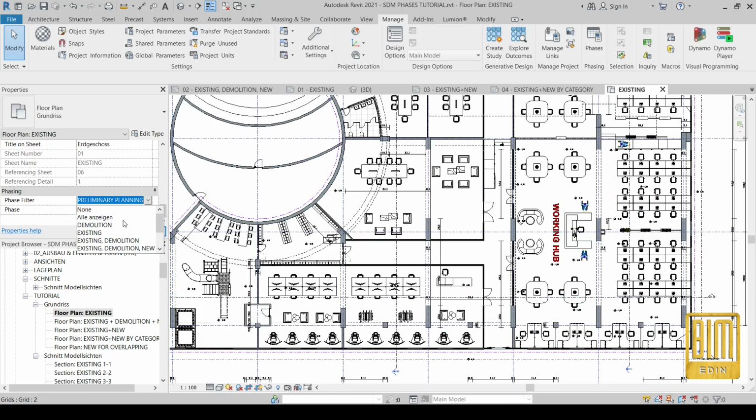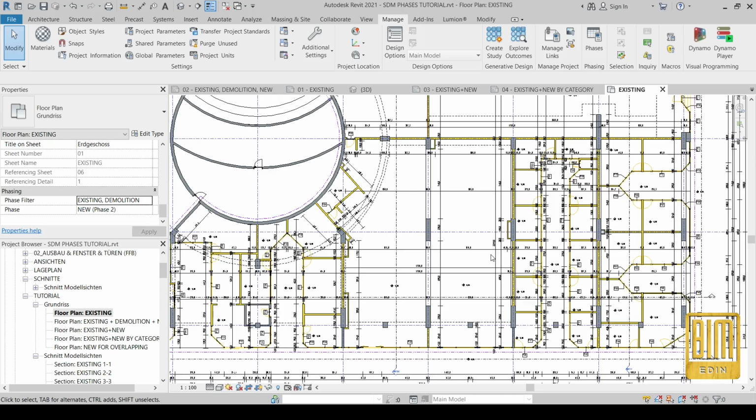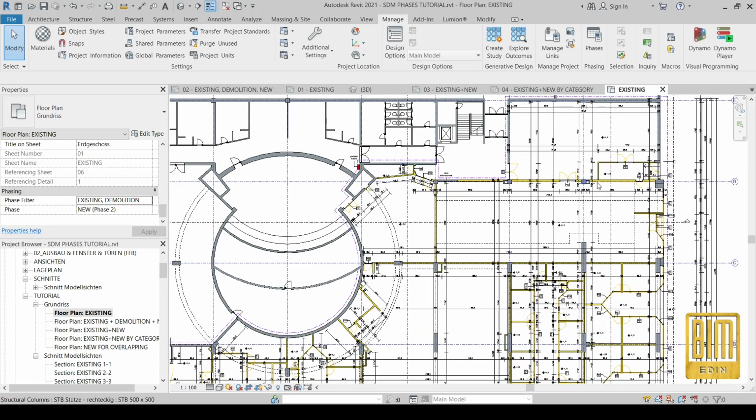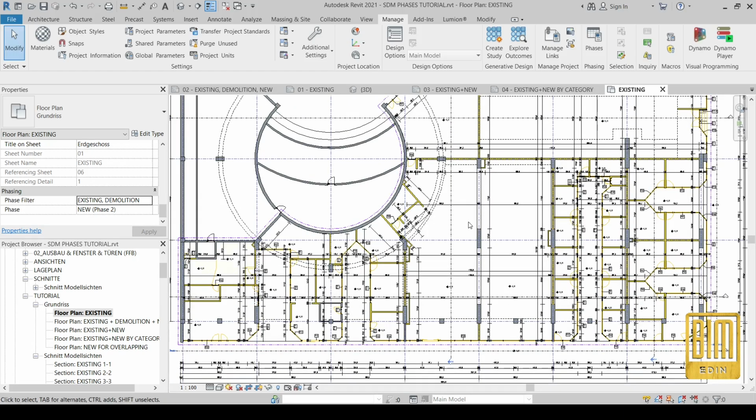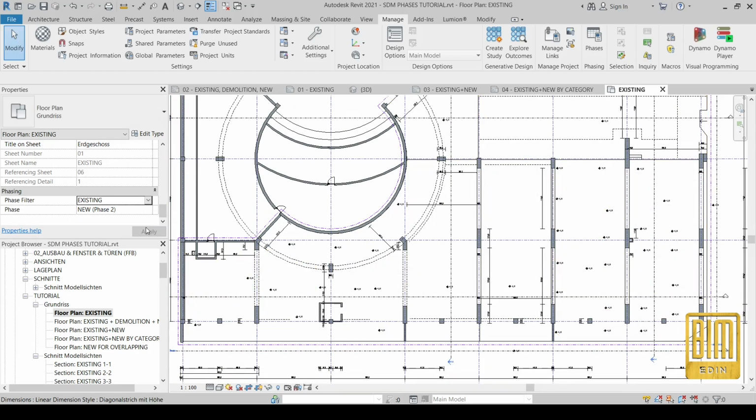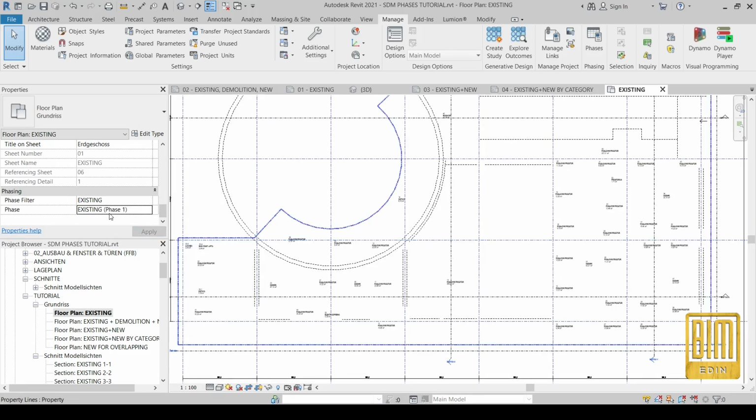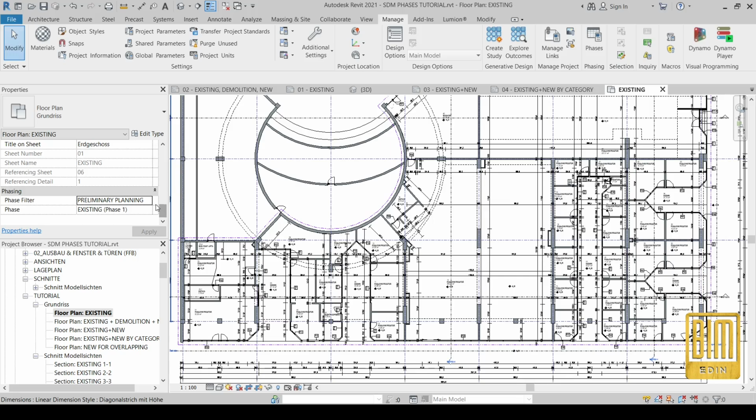As you can see, by changing these filters I've created before, we can change the presentation of phases in the same floor plan. Okay, this is existing and demolition phase. Now we will turn on the existing filter just to change this filter here. Okay, and now as you can see, this is the